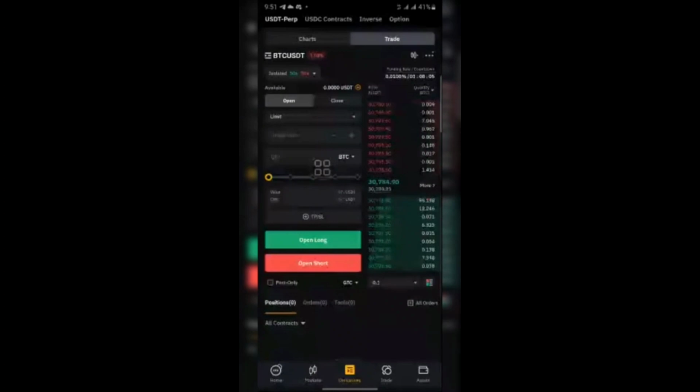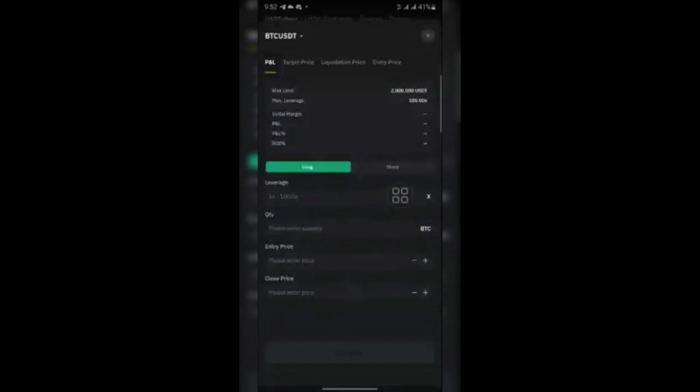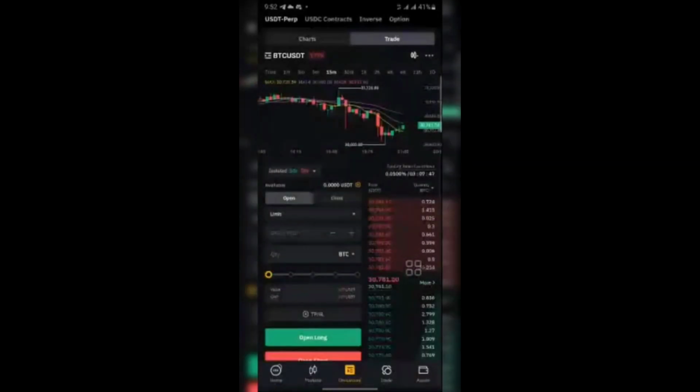The same thing, you see candlesticks, it will bring the chart for you. Three dots, this is where you see your calculator. It will calculate it for you. Which leverage are you using? Quantity doesn't matter. Entry price, closing price, you calculate the same thing. You see derivative. I said futures can also be called derivative trading or leverage trading. So it's futures trading on Binance, and it's derivative trading here. Do you understand?